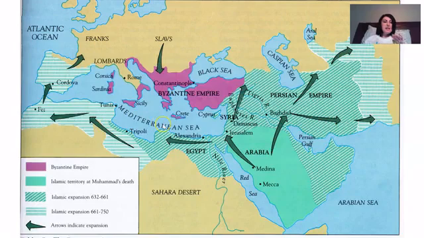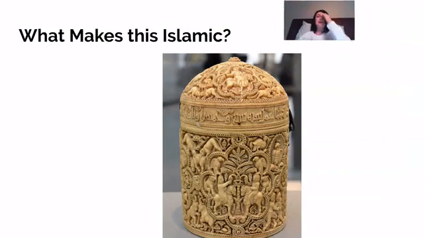So you can kind of see here, this is the expanse of the Islamic Empire, and you can see it takes over the Persian Empire and it starts moving towards India, all of Saudi Arabia, across North Africa. And there's a reason for that, because they would only cross the Sahara Desert to go trade, because they didn't have the ability. The camels that could cross the Sahara Desert would basically drop dead when they got to the other side of the Sahara. So they had to rely on the native peoples of Africa on the other side to basically do the trade for them. So let's look at this piece right here.